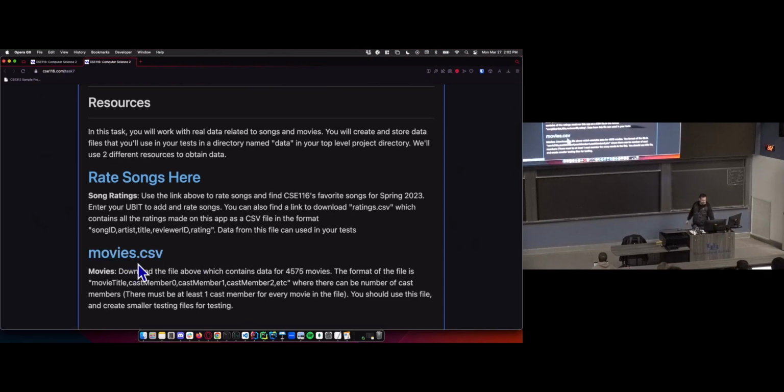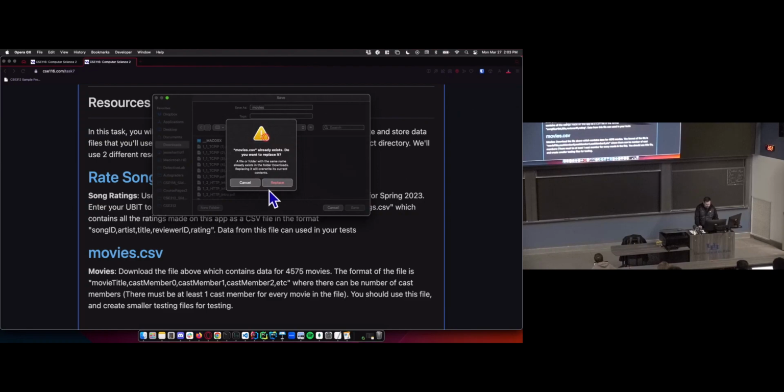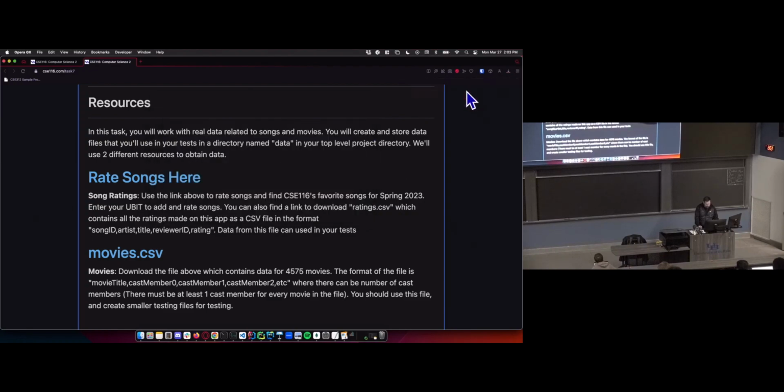Movies data, which I should just open this. It's just downloads. No, I already downloaded it. Movies data, which is going to contain the title.